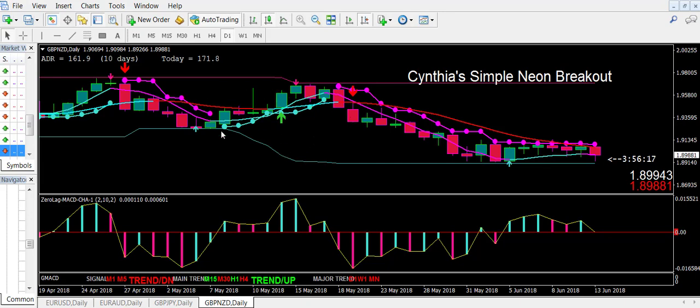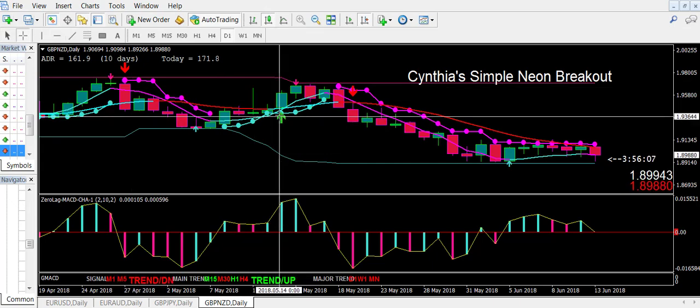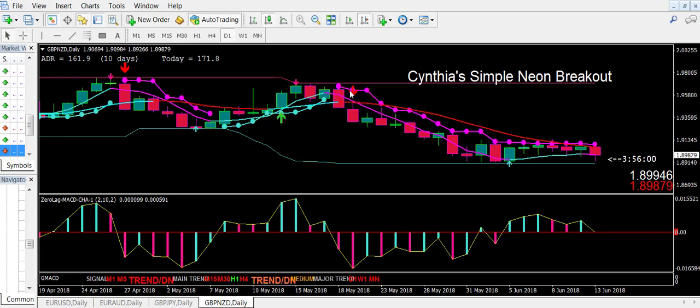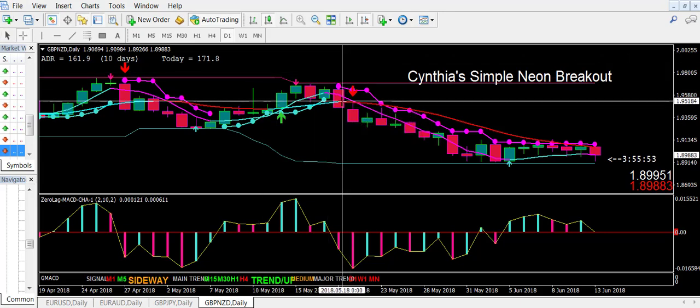All of this is consolidation. You could have entered long here, and it again was not a very long move. This right here, when all the colors turned, that's 200 pips, so that's still okay. Your next sell entry would be right here, or possibly right here on this candle. And say you got in at the bottom of this candle, and this would have been your exit, 540 pips,